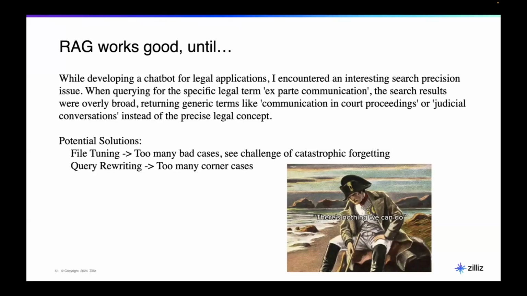I tried 2 solutions. One is fine-tuning my embedding models, and also large language models. It works okay at the very beginning, but soon I found that with more and more corner cases, when I start fine-tuning on my bad cases, the larger models start forgetting a lot of basic information. The main reason is that larger models or embedding models have been pre-trained with a lot of existing information, right? So with a lot of fine-tuning, they start to forget, and the evaluation score actually goes down, right?